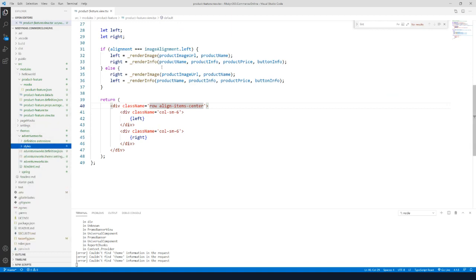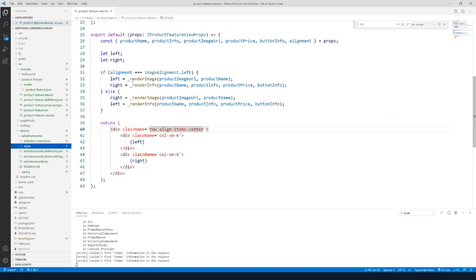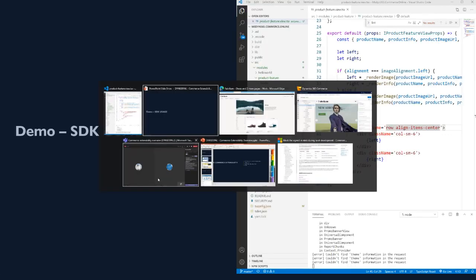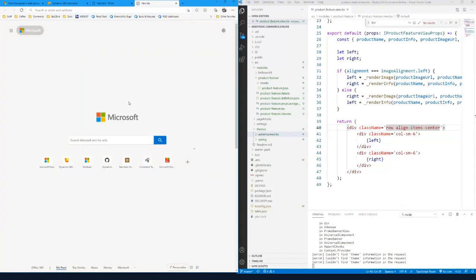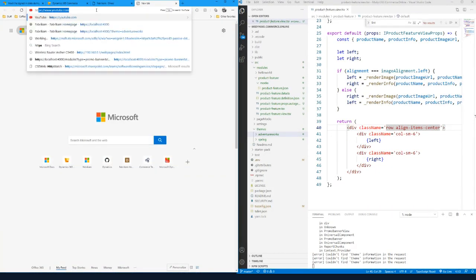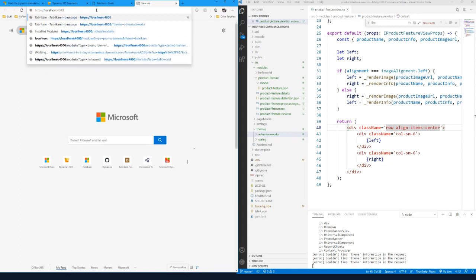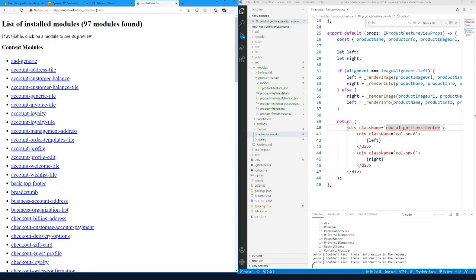Okay, so what I want to show you now is this running. I have my Node server running down here. I have a terminal window open. I've already run my Node server. So let me split my screen here and bring up a web browser. And what I'm going to do is load up my local host. And then there's a helper URL, _SDK/all modules, that will give me a list of all the modules I currently